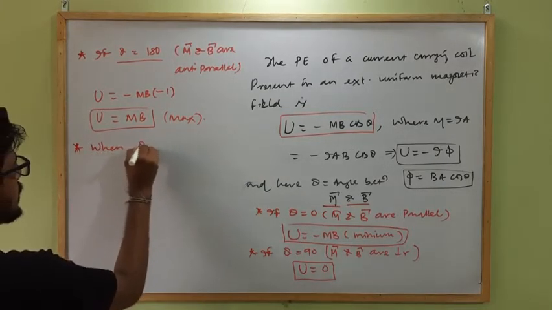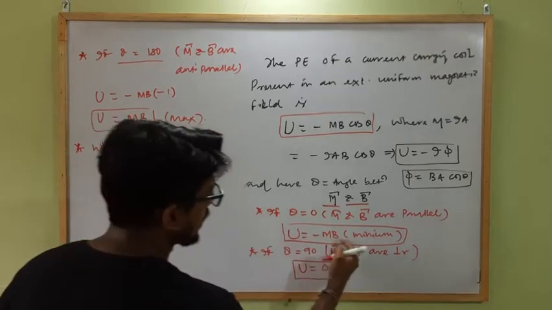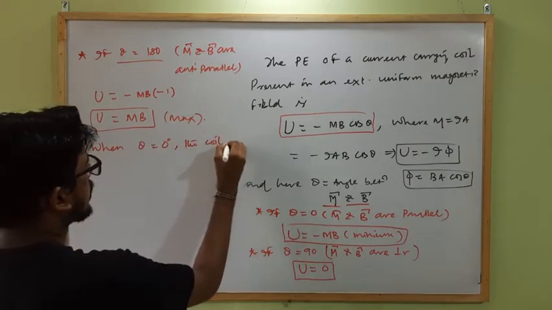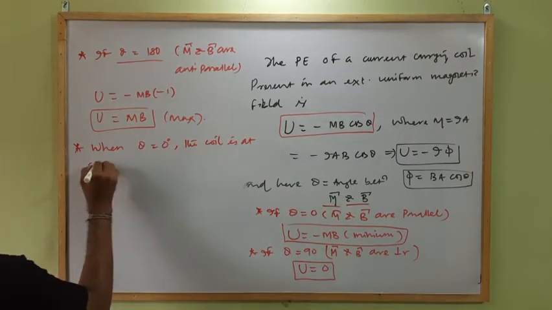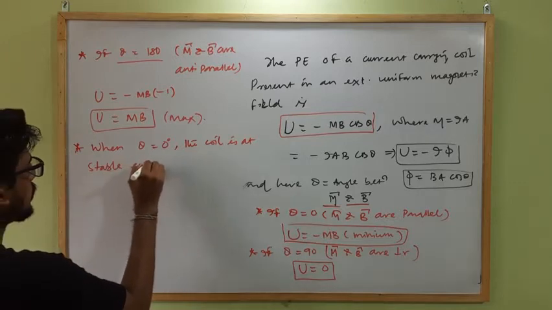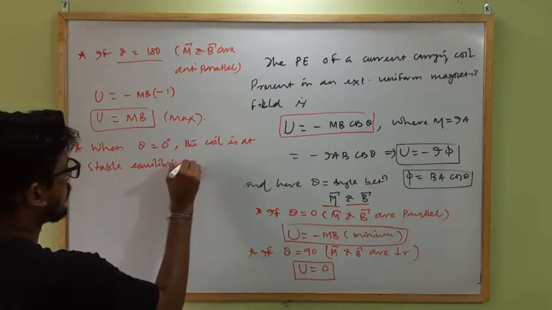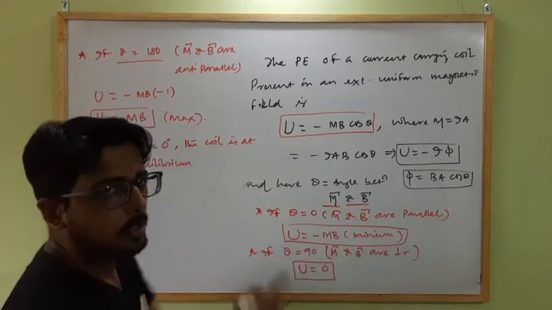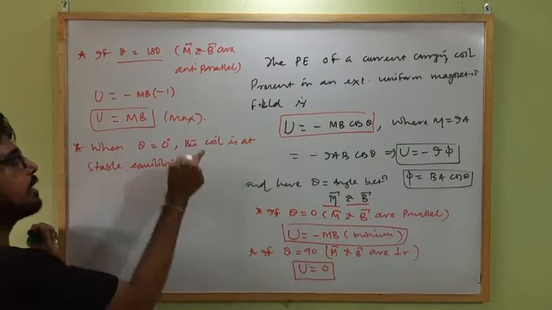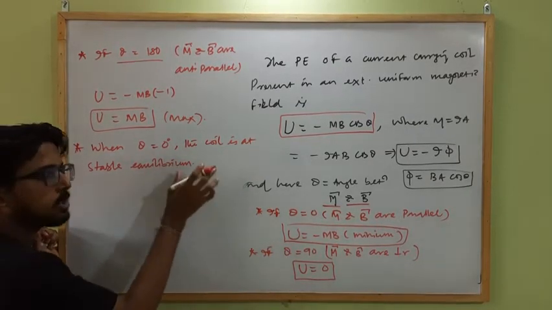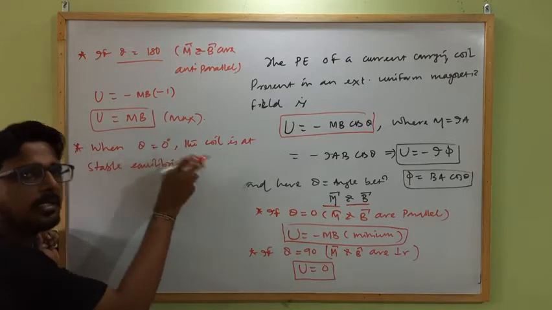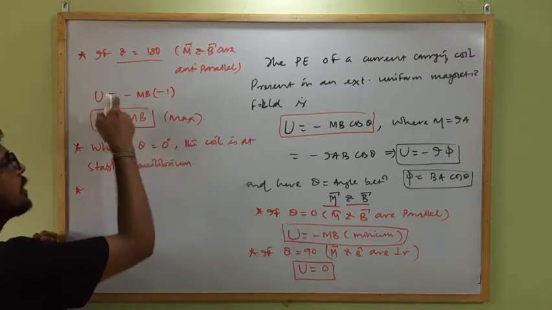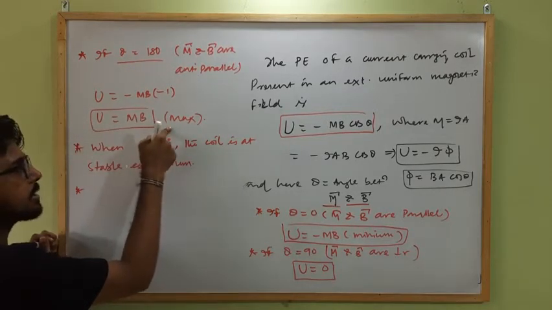When theta equals 0, potential energy is minimum, that means the coil is at stable equilibrium. Clear? As theta equals 0, U equals minus mb, minimum. So when potential energy is minimum, the coil is at stable equilibrium. That means if we disturb the coil from its position, it will again regain its initial position. Clear? And U is maximum when theta is 180, that means potential energy is maximum, so the coil is